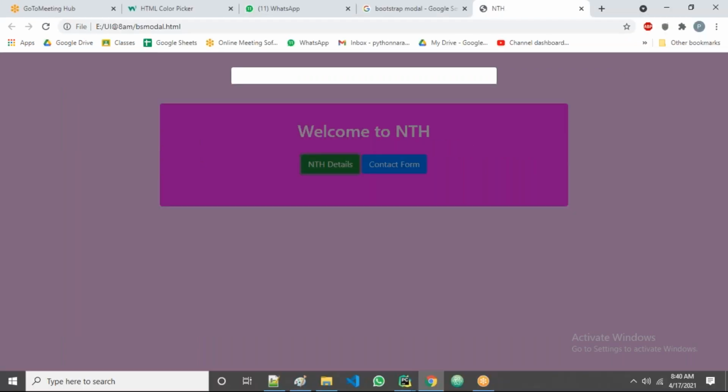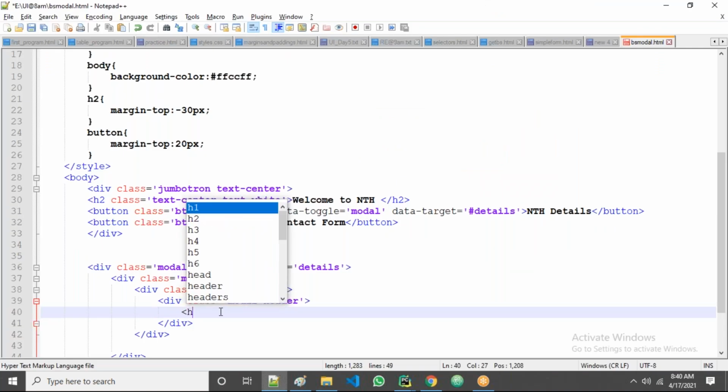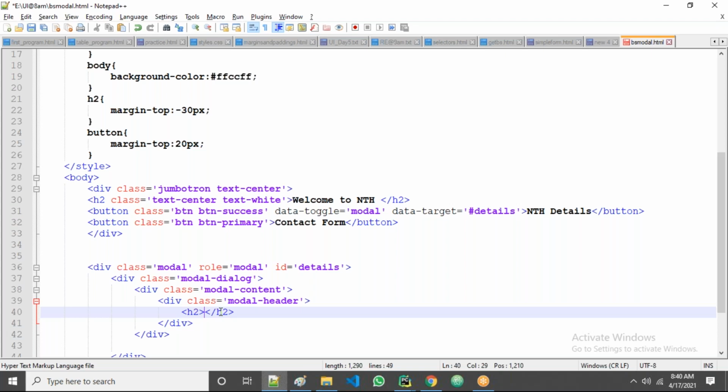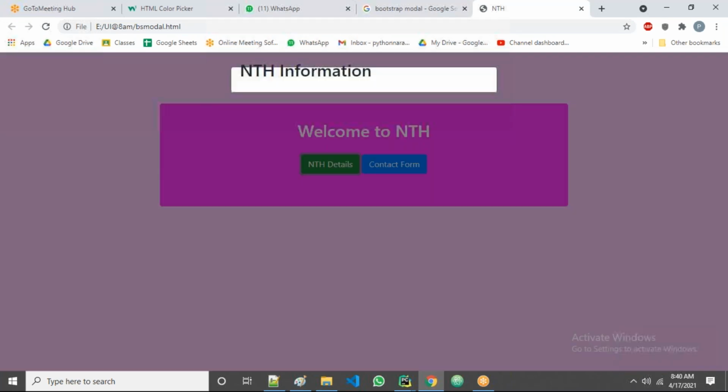In the header, what do you want to display? I'll take some H1 or H2, for example, NTH information, something like this. Let's go there and refresh again. Click on the details here.